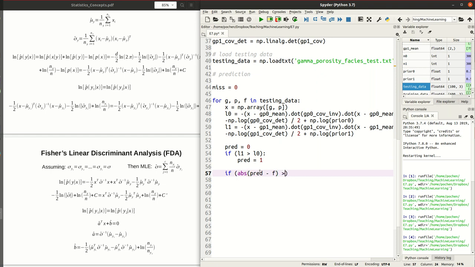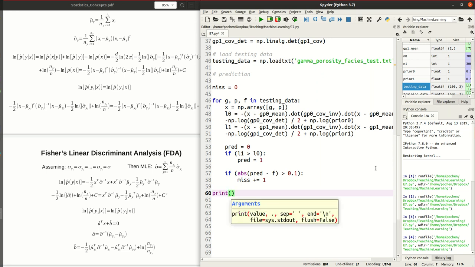If this absolute value is larger than 0.1, we're going to increment the error count by 1. And that's it. So now let's close the loop for the testing data, and then print total missed